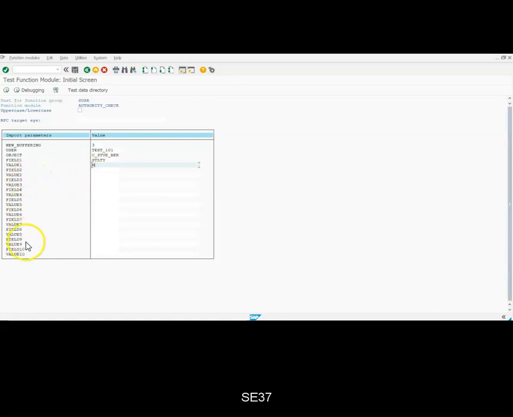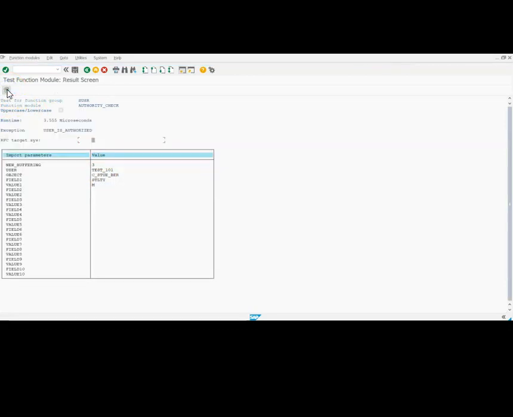Like this, you will be able to give multiple field values, but all this can be done only for one object. In case you want to do multiple authorization object checks, like I have to check for BOM type, routing type and plant, there are 3-4 things, then we have to pass this in a loop and perform the check. Let us see how it's working now. You can see here the user is authorized, so that's what the output is.